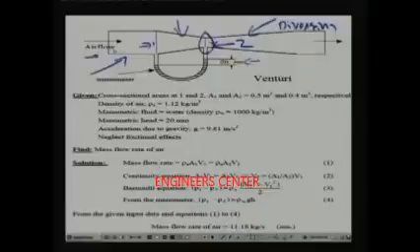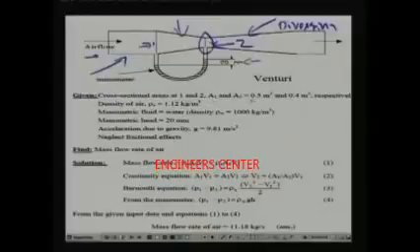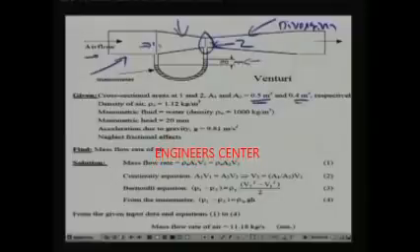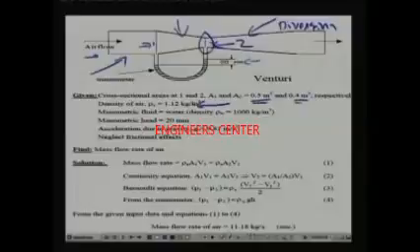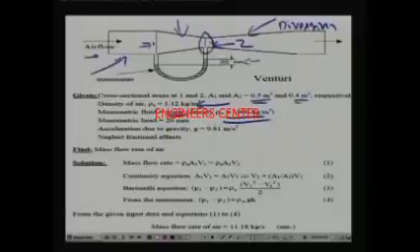So, now let us look at the problem statement. It is given here that the cross sectional areas A1 and A2 are 0.5 meter square and 0.4 meter square. That means the area at point 1 is 0.5 meter square and the area at point 2 is 0.4 meter square, and the density of air is 1.12 kg per meter cube, and the manometric fluid used here is water, and it has a density of 1000 kg per meter cube, and the measurements show that the manometric head is 20